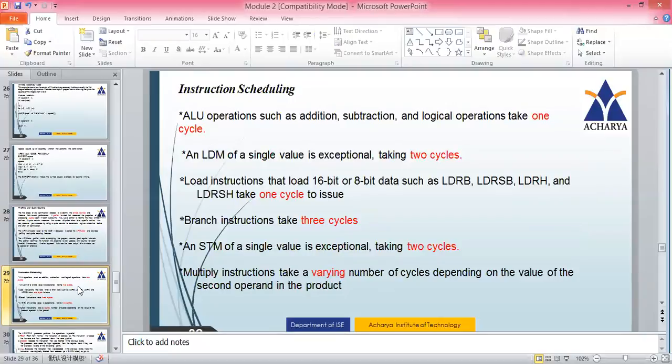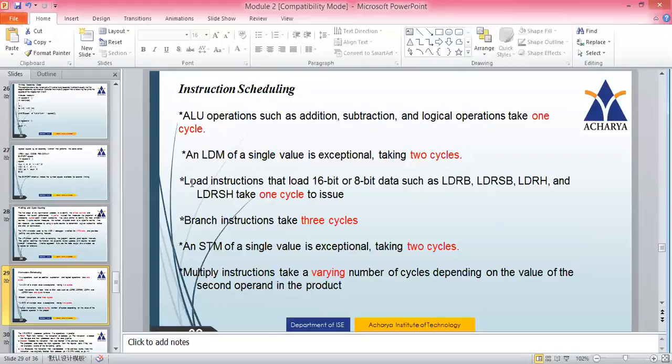Here we'll see the summary of the clock cycles required for each operation. If you see here, ALU operations like addition, subtraction, and logical operations all take 1 clock cycle. LDM, the load multiple register instruction, usually takes 2 clock cycles.